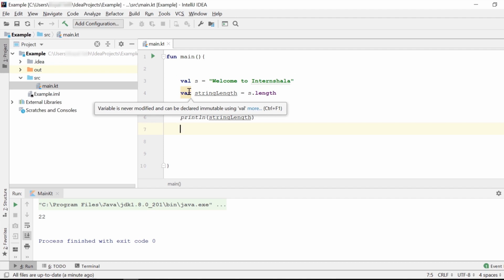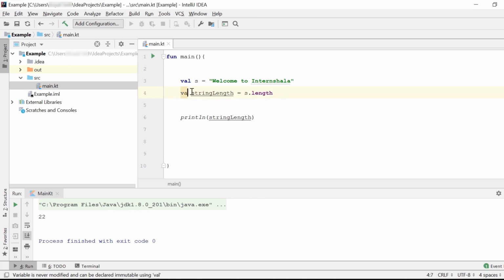Hence the length of the string will also never change, and so we can change this var to val. Wow, the IDE is smart, right? That is why it is important for us to hover over the different colored highlights and underlines that the IDE does, since they are trying to give us a message from the IDE.